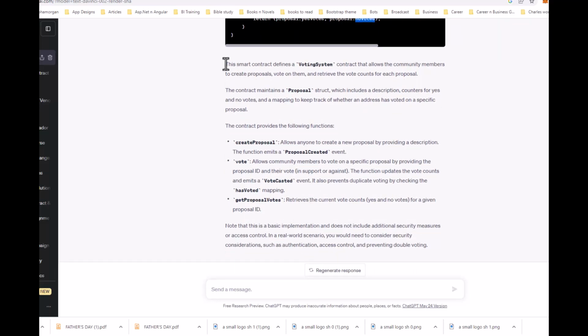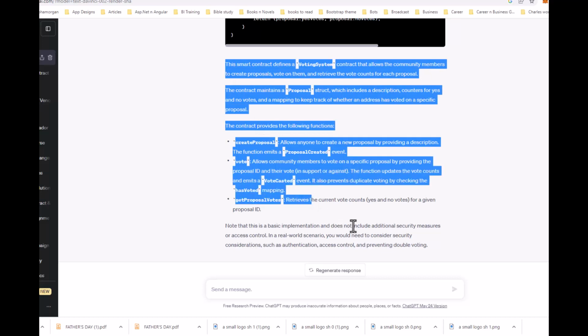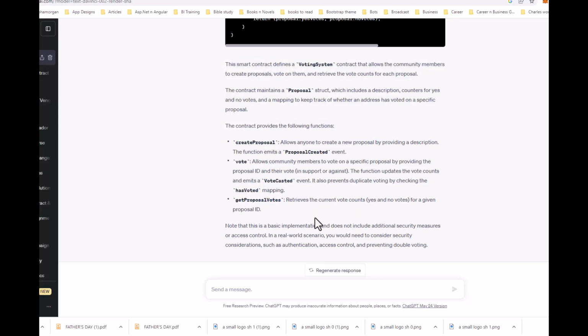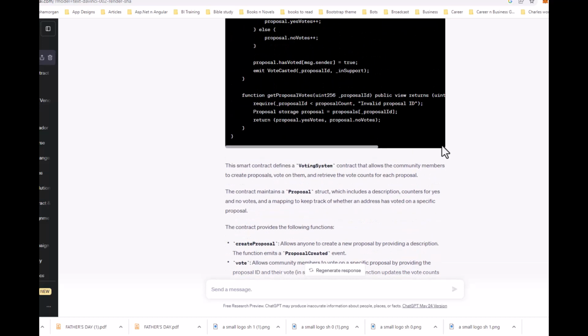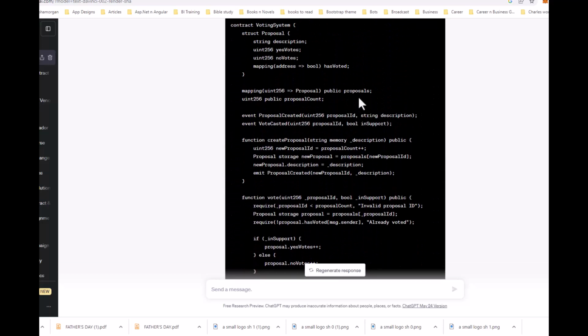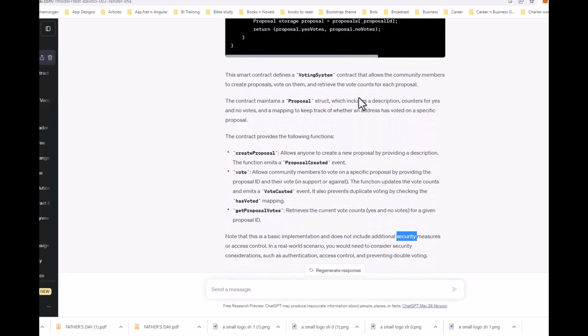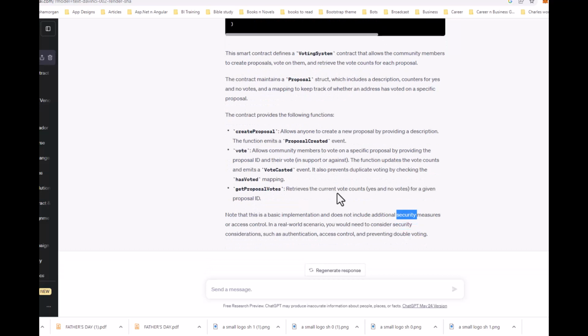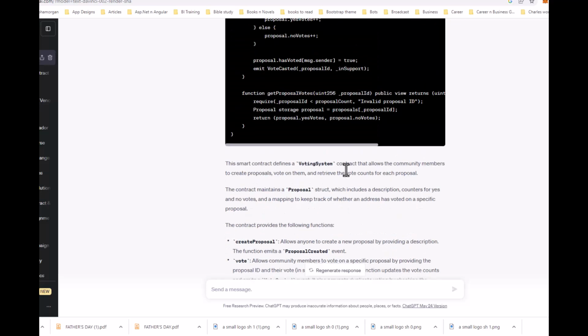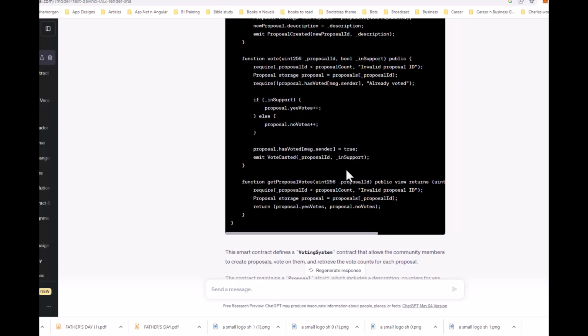And over here, it includes a description of what it's doing with the contract. Of course, this is not yet production ready. You still need to add additional security measures. So for example, you want to restrict who creates votes. You want to restrict even the people that can vote. And maybe you want to restrict people seeing the results of the votes up to a particular time. And so there are some other things that you would need to implement, but this is a good starting point for any smart contract, for any blockchain-based project.